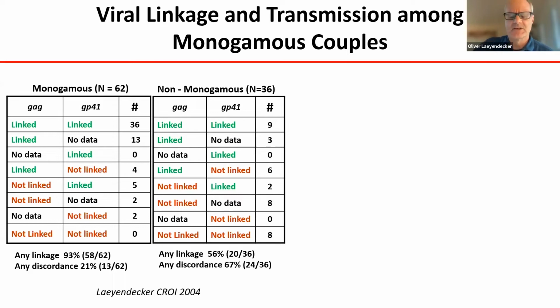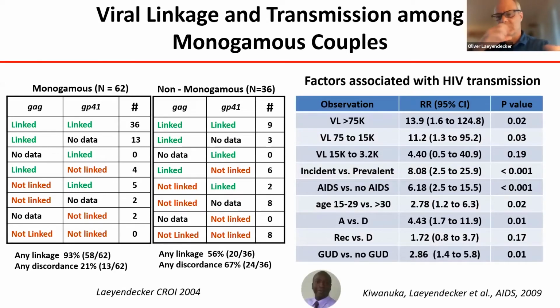And there was actually a bit of confusion, but from that point on, we used monogamous couples to determine what factors are associated with transmission. We limited it to couples who claim to be in a monogamous relationship. And in one of those studies, led by Noah Kiwanuka, it was looking at what viral factors are associated with the transmission of